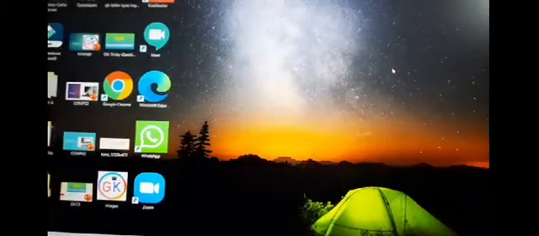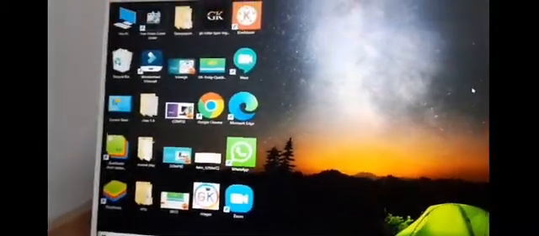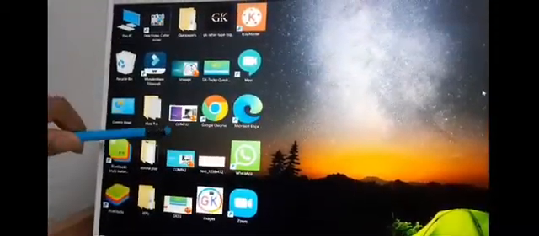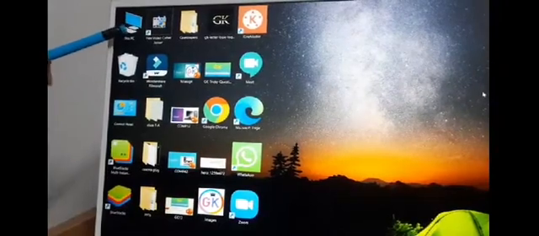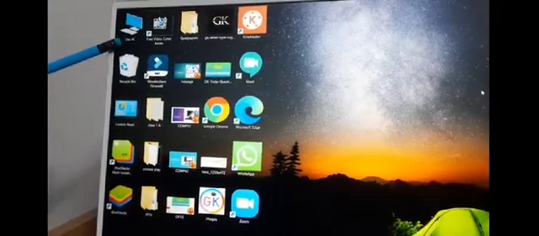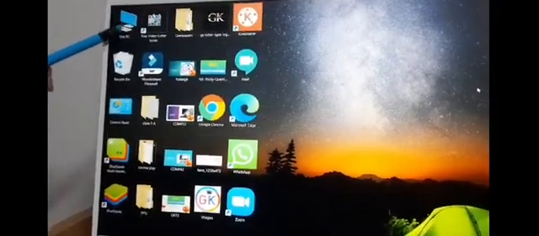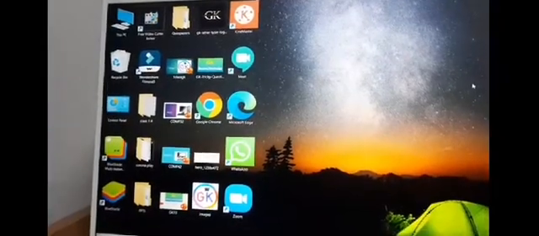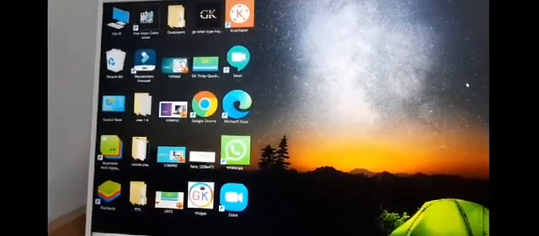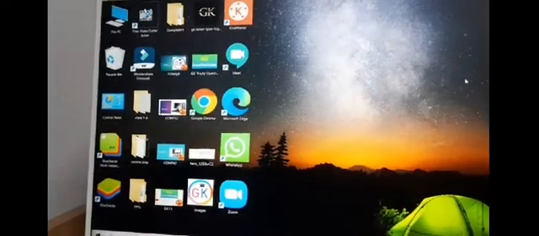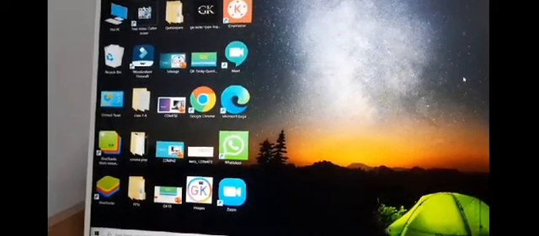I will click on name. Now come here. See, first computer 32 will come here, was coming here. Now this PC is here. So that means it is sorted according to name. Okay, so this is how you can sort your icons on the desktop.